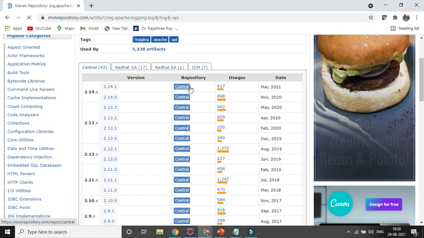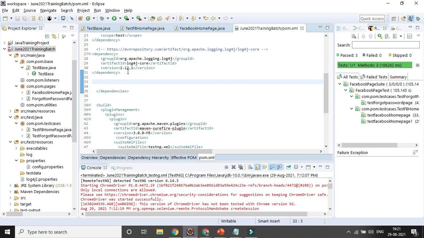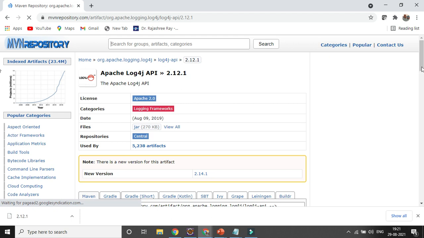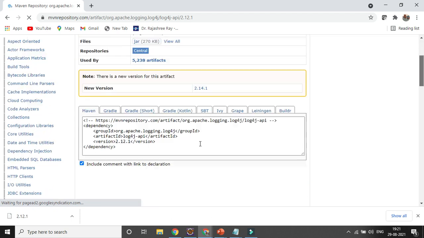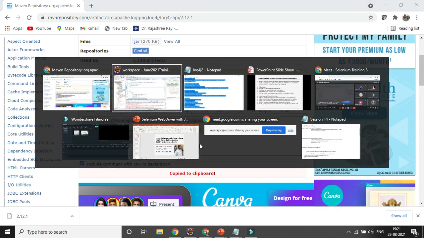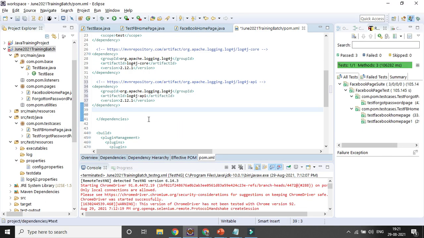So similarly I will be using 2.12.1, otherwise it will raise some error. I will be adding the dependency here. After adding the dependency, just press save. So it will build your workspace. It might take some time, a couple of seconds to a couple of minutes, right?